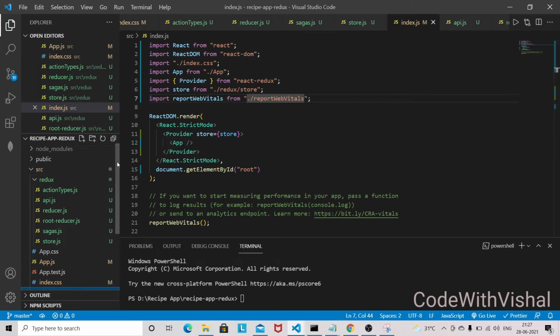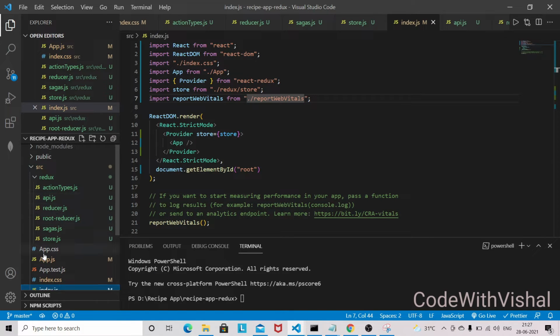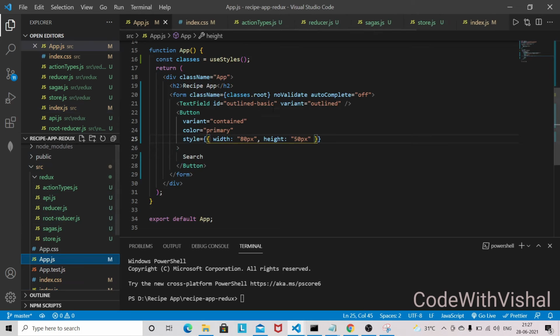So the next thing, we are going to write some logic here in our app.js file. We need to define some state to read the input field from the user.